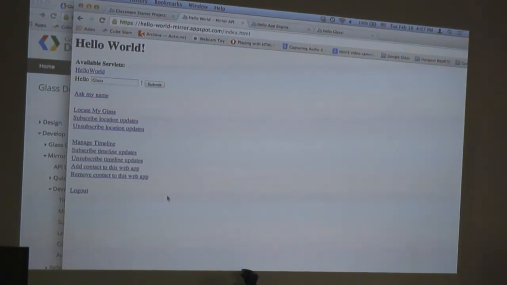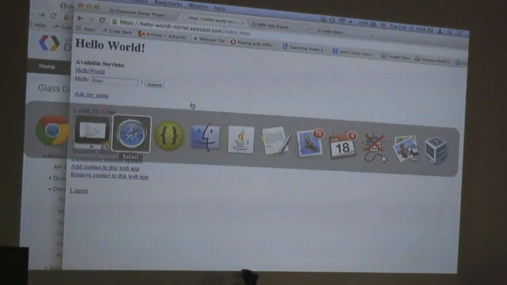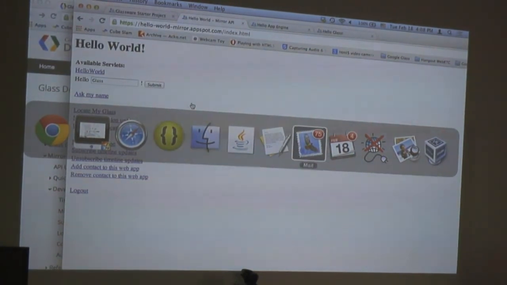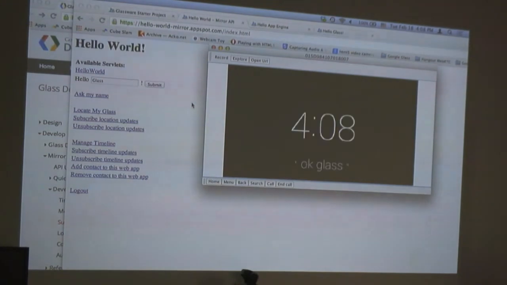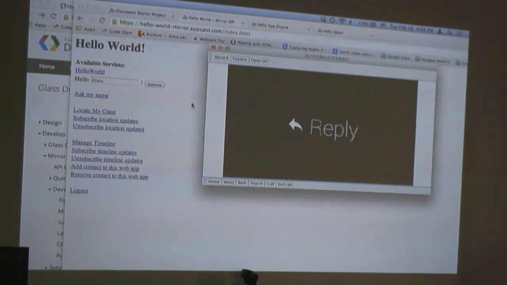So now my web app is subscribing to timeline updates and location updates, so it will get called back by the Google Mirror API server. First of all, let me show you one thing, which is ask my name. If I click this servlet, what it does is insert a card that asks, what is your name? The special thing with this is it has a built-in menu item called reply. So if you tap reply,